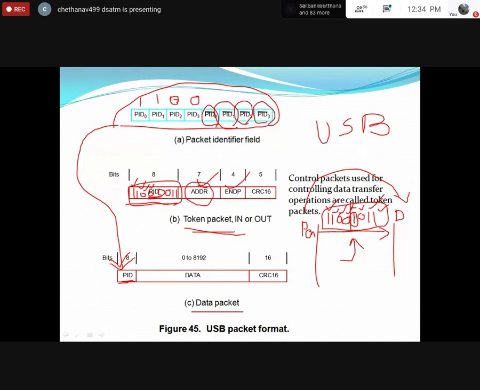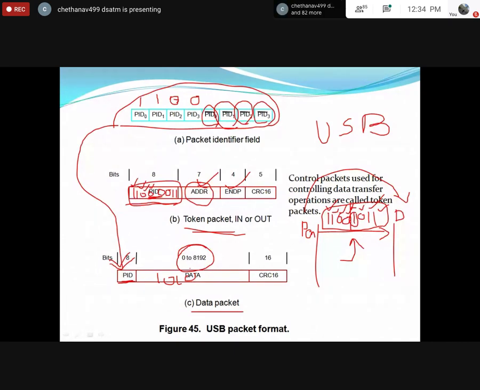And endpoint. What's the meaning of endpoint? What does it actually tell us? Endpoint means the last byte address, or the length of the data. How much data I want to transmit, the length of my data. What is the length of my data? Now it is 0 to 8192. Suppose here we have only 4 bits of data, so it could be only 4 bits of data. Like that it will provide the information, and along with that you may have some CRC code.